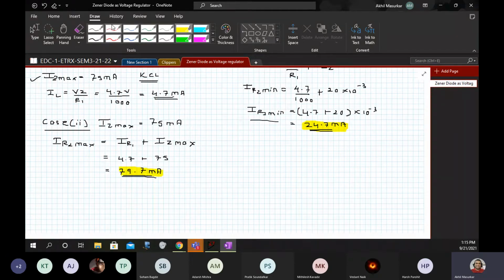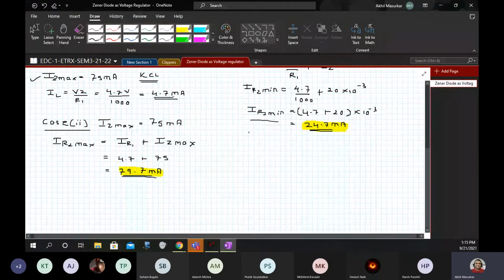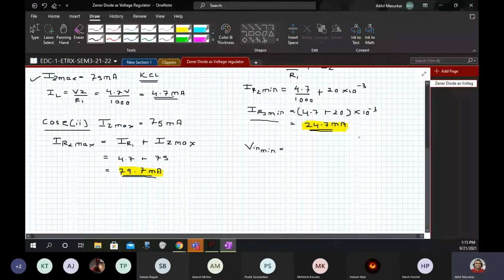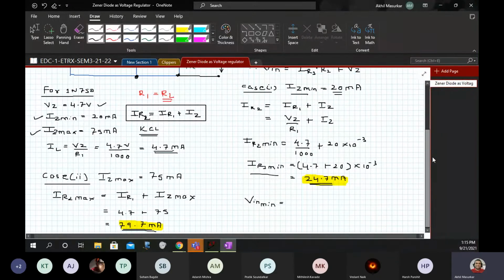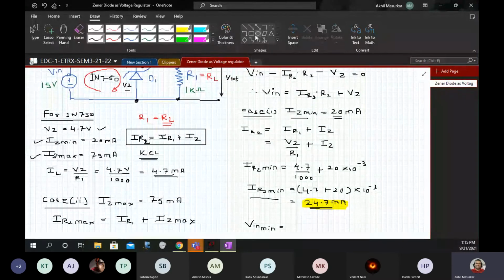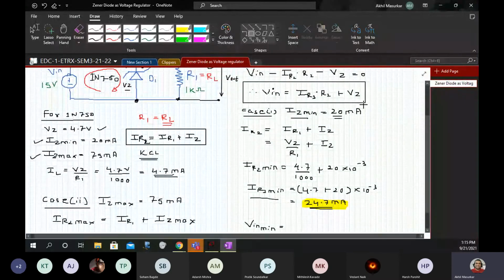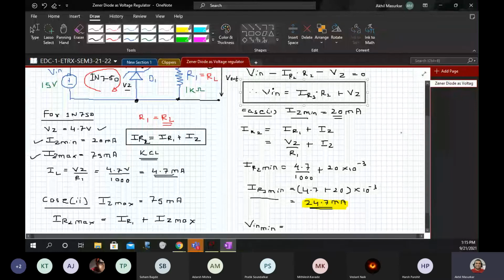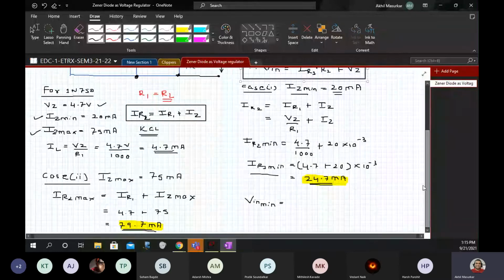But we want to know what should be the change in V in. The minimum value of V in we will get when IR2 is minimum. So V in min, I can use the equation we have already written: V in is IR2 R2 plus Vz.